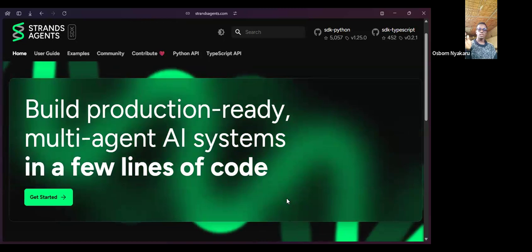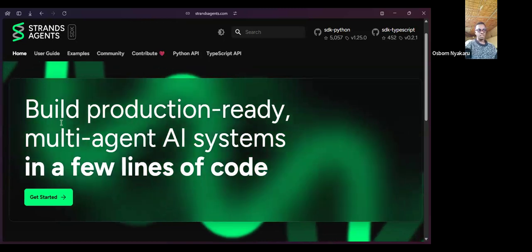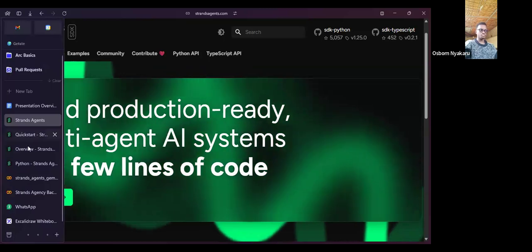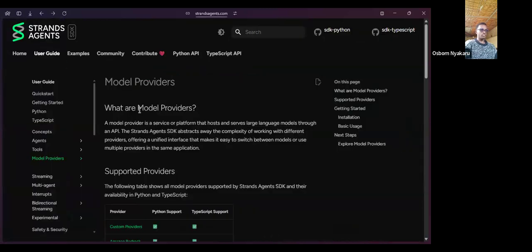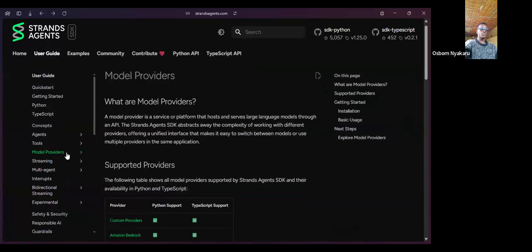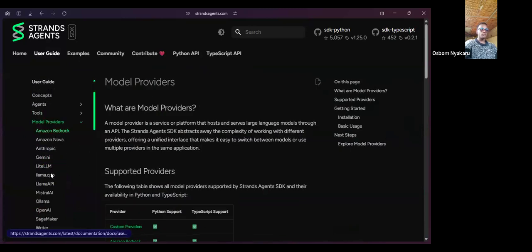By breaking down these components, Strands allows for a modular architecture where the underlying model can be swapped without rewriting the core application logic. This means you can use different types of large language models without changing the core application logic. If you look at the Strands Agents model providers, you would find a number of providers that give the agent access to large language models like Claude, Gemini, Amazon Bedrock, Nova, Anthropic, and others, which connect to the agent and give it the reasoning capabilities.